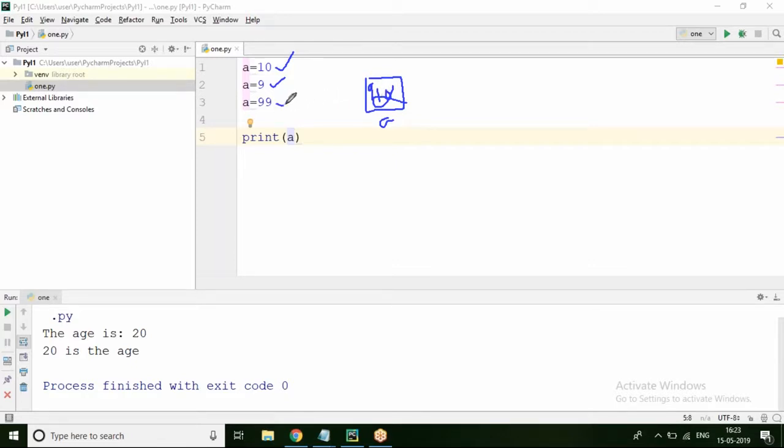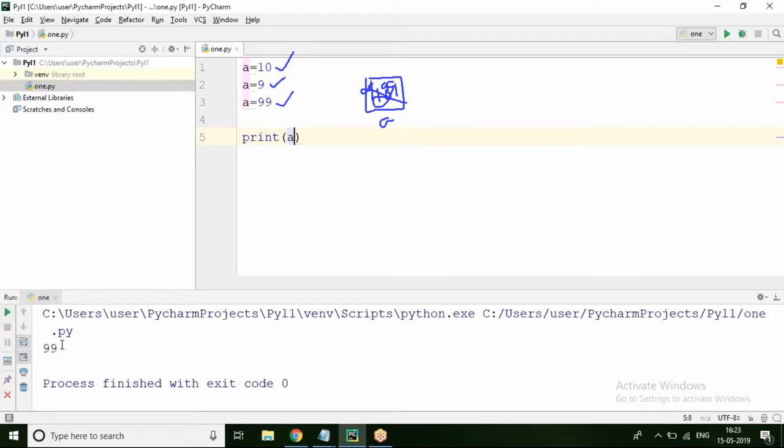Whenever a equal to 99 is encountered, 9 will be permanently lost and overridden by 99. So if you print a, it will print 99. That means a variable can store only one value. Which value? The latest value, the lastly updated value.